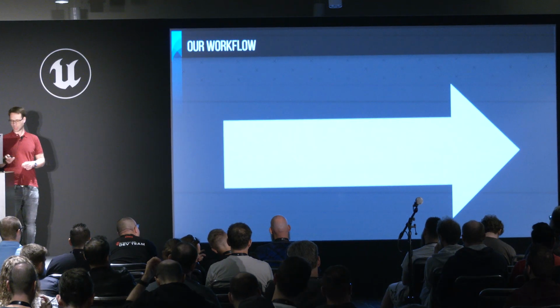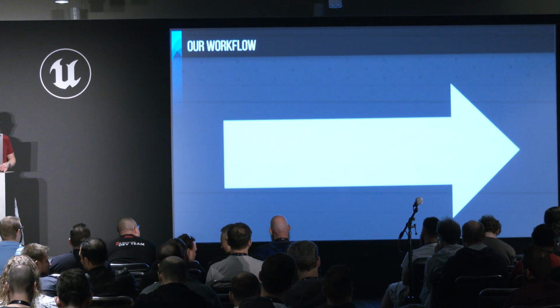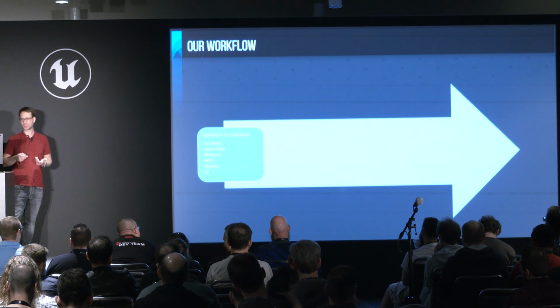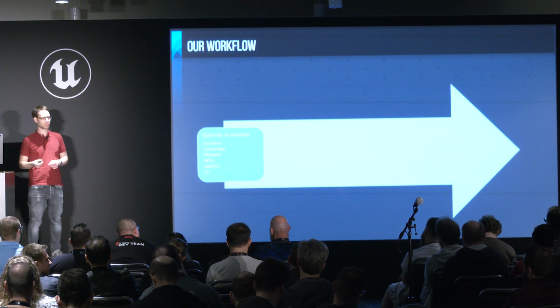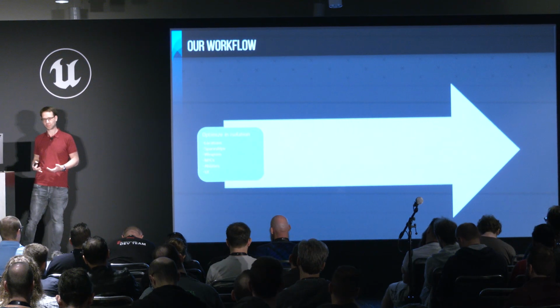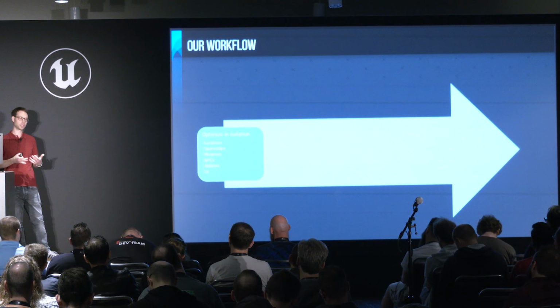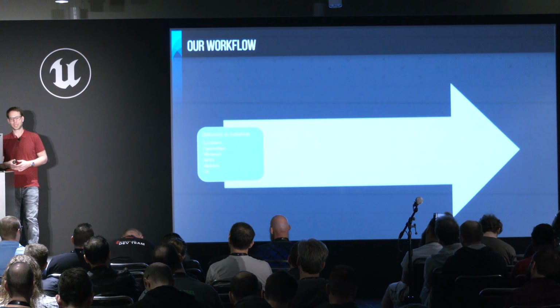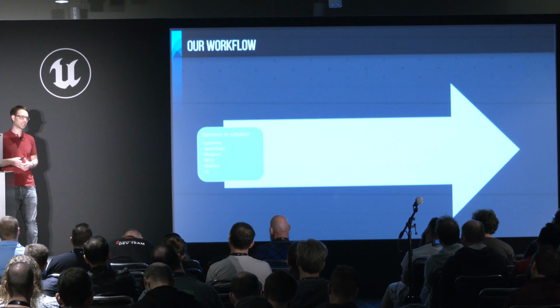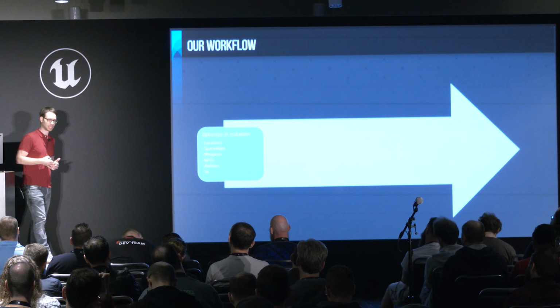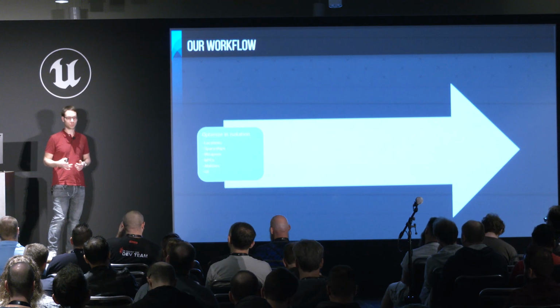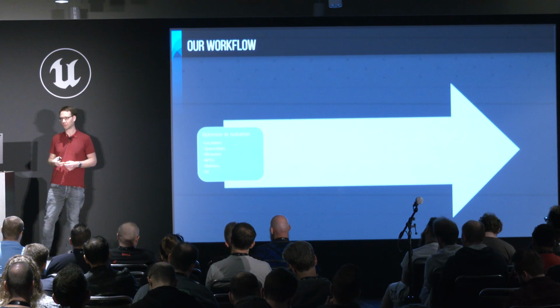So what was our workflow like when we were improving performance? The first step very much was to optimize in isolation. That means we took individual levels, individual spaceships, individual visual effects, individual UI widgets or screens, abilities, all of that stuff, and basically put it in an empty location and looked at the performance like that in order to get an impression of how well this thing is running.